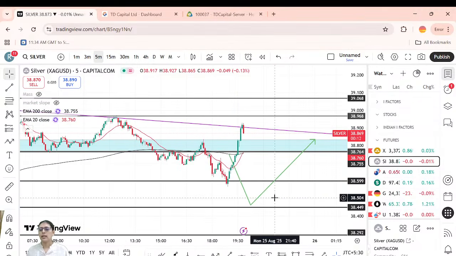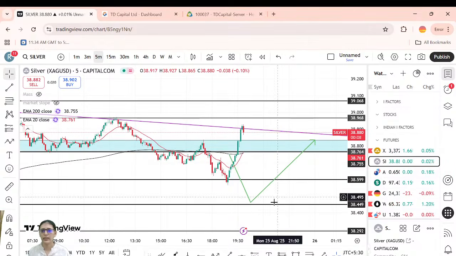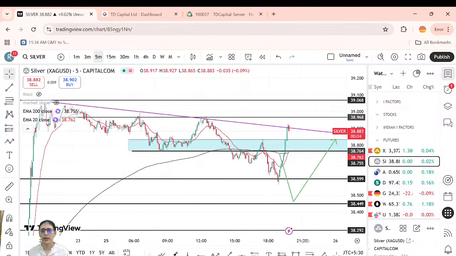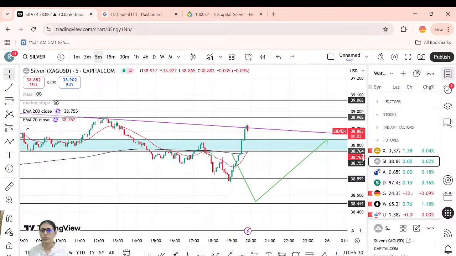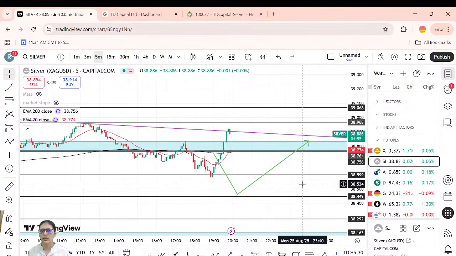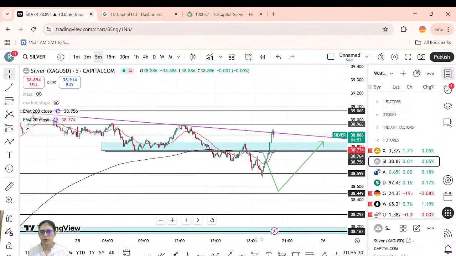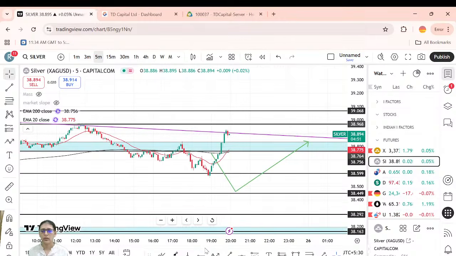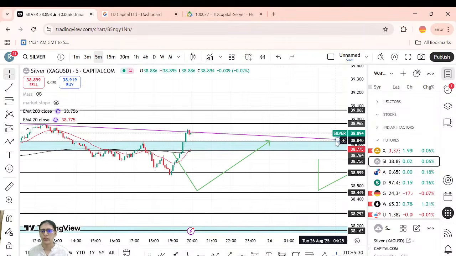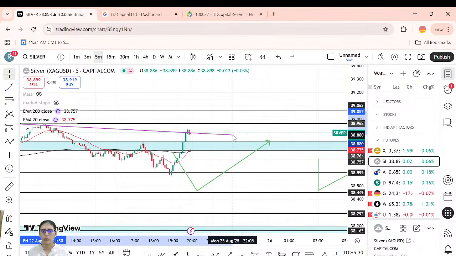So yes, guys, I think we're done for the day. Trade smartly. Keep your SL in mind. Do check your risk reward ratio. Plan your quantities according to your setup. If your risk is too big, then your quantity should be small. First of all, your risk should be managed. It should not be too big.